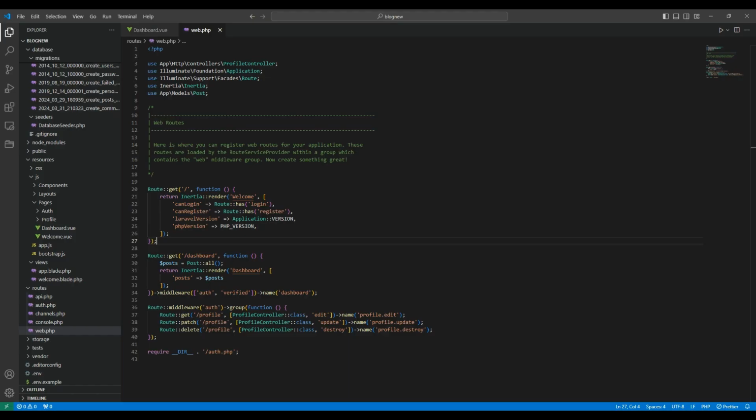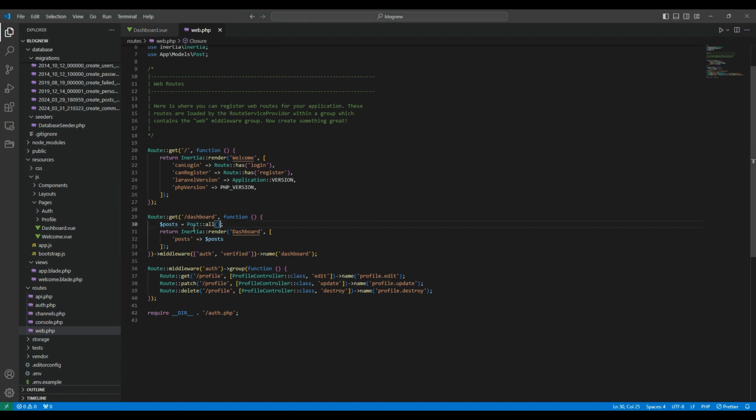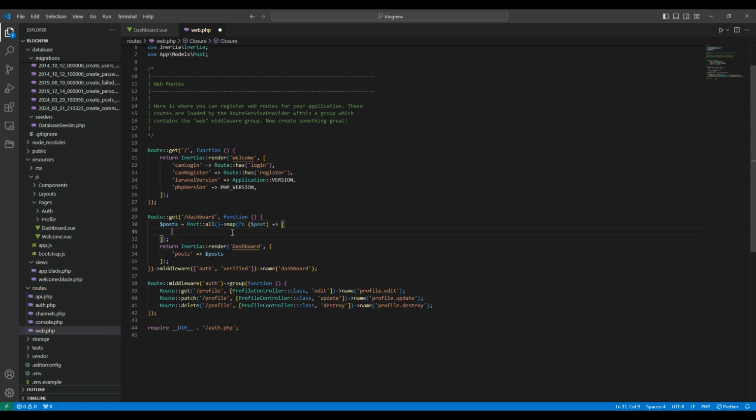Okay, so let's go ahead and fix that now. What we want to do is loop over all of the posts that we get from this, and then only return the items that we need. So I'm going to basically map over this object, this array basically, and create a function within it which will return an array with ID, and the ID is going to be post